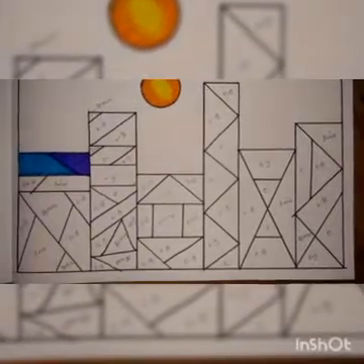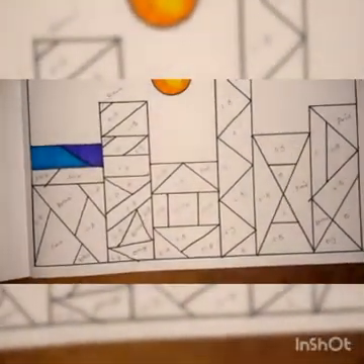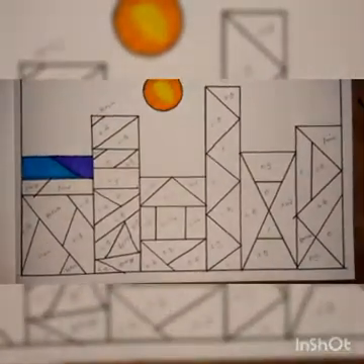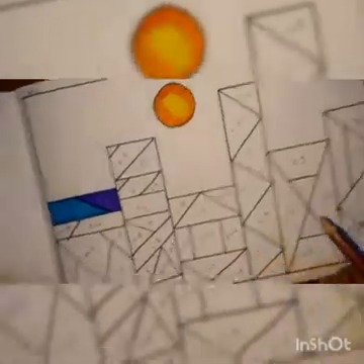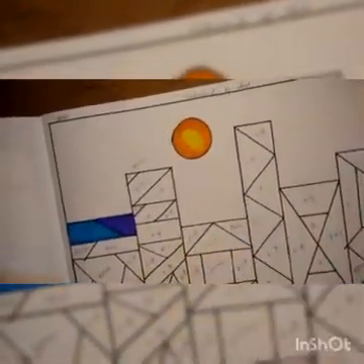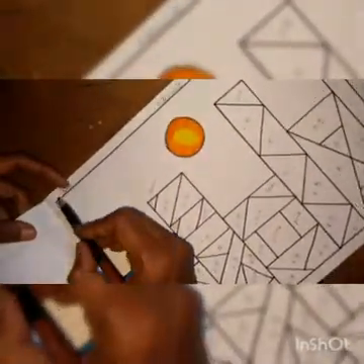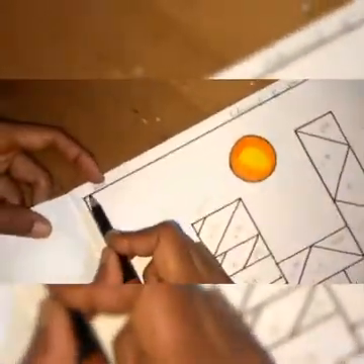Okay children, this part will be the sketch pen. After you finish that sketch pen work, what you have to do? You have to take a color pencil. All of you have a color pencil, for that reason I did not show it in the beginning. In that you have to take a black color pencil. Then you should start the coloring work.